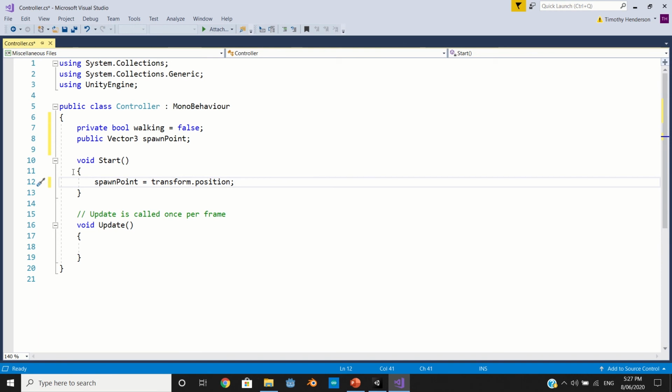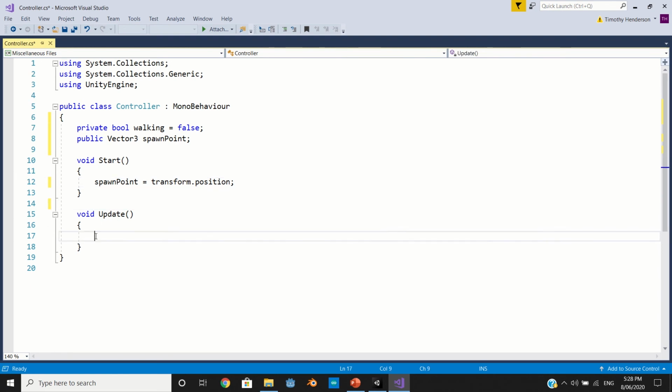So if you have a maze that has a circle, that you start in a circle and you've got to find your way out, or vice versa, find the way to the middle of the circle, you can have it starting in wherever position you want. Now for your void Update, I'm going to move this piece of comment. Void Update, we're going to do a bunch of if statements with our ray casting and all our head movement stuff. So if we are walking, so that's linking to our private bool above,